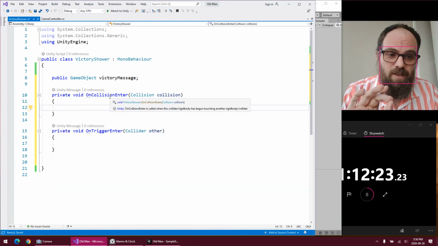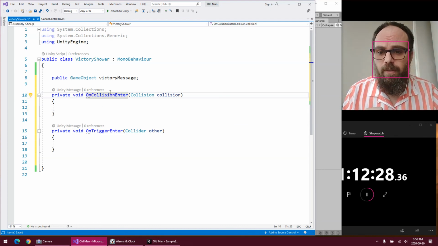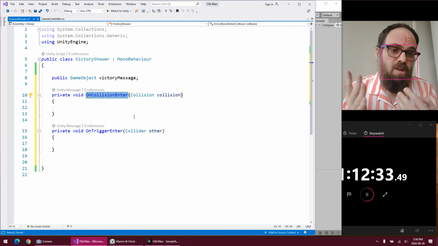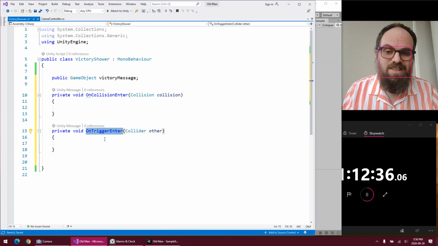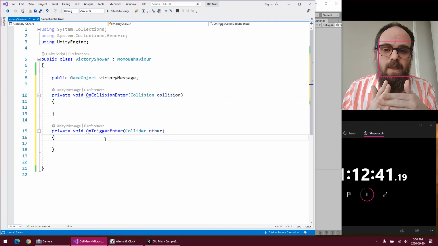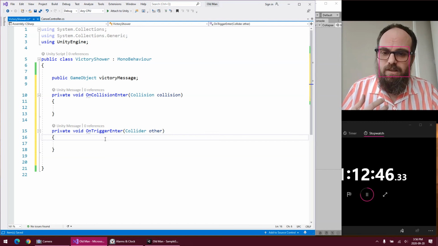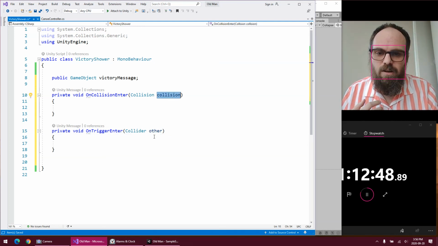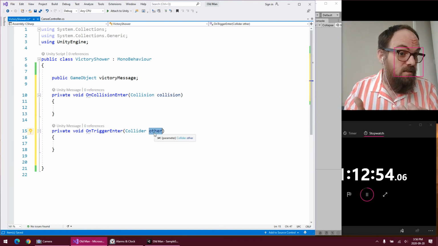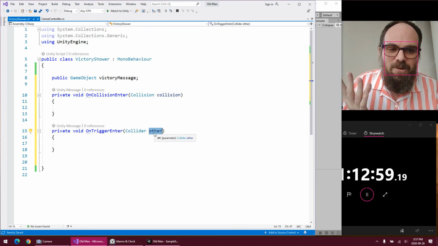So what happens for these two? Remember when I bumped into the wall? That's a collision. So this function will fire anytime something bumps into it. Nice, simple. OnTriggerEnter is the equivalent if you have that trigger checkbox checked, so you phase through it, this function will fire on that. Normally, the other and the collision parameters tell you information about what collided with it. So you could say, oh, was this the canoe? Then win. But the canoe is the only moving object we have in the world, so we know it's going